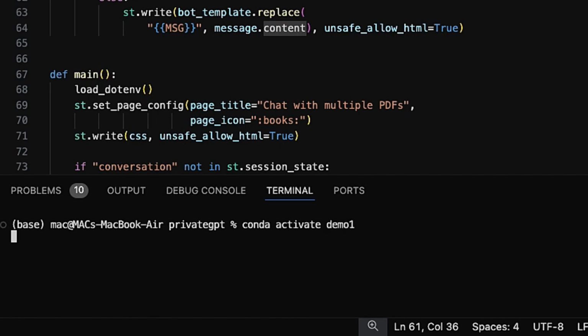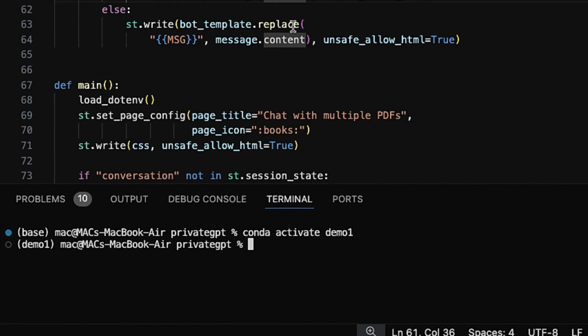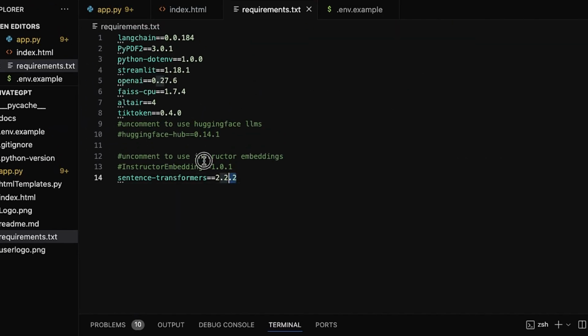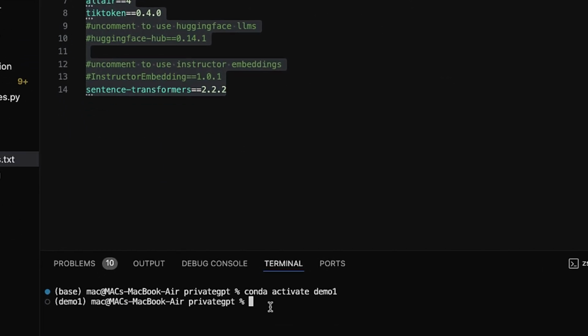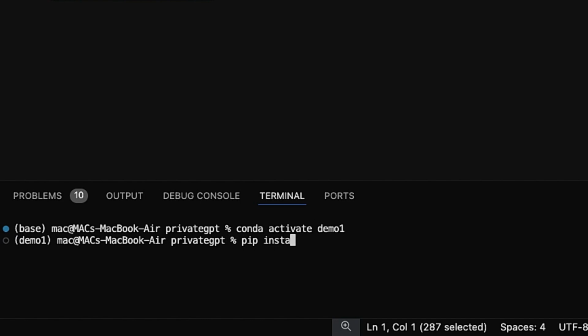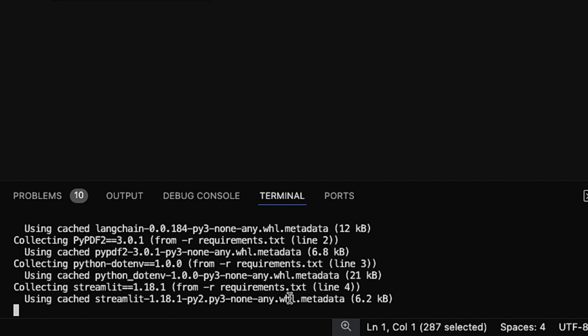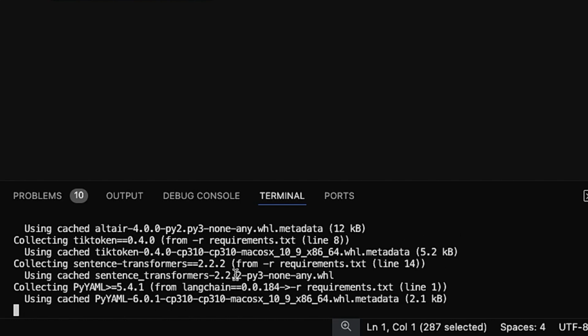Okay, now we are going to install all packages and frameworks listed inside our requirements file. You can install the packages one by one, or you can use one simple command to install all packages at once. For this we use pip install -r requirement.txt. This command will install all the packages to your virtual environment. While our packages are installing, let's go for a code review.